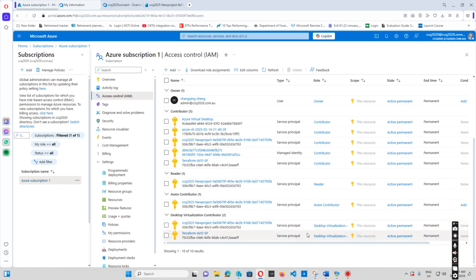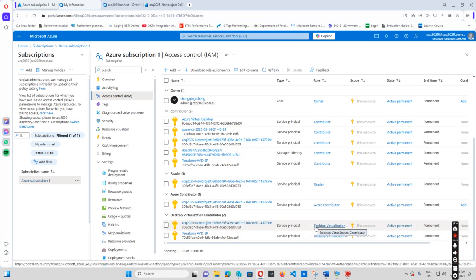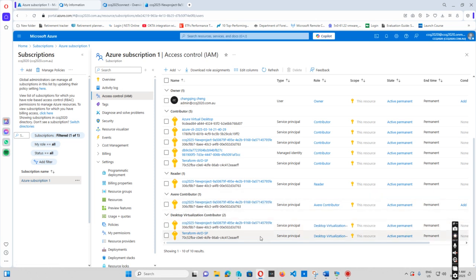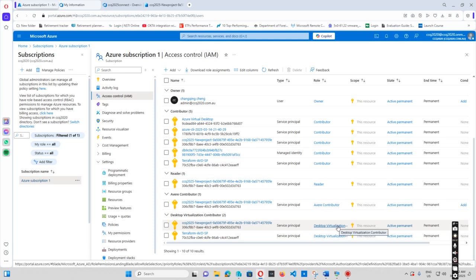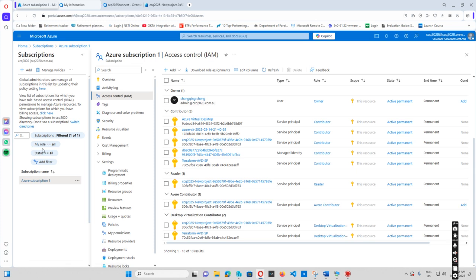And you see this one, because I want to use the AVD, Azure Virtual Desktop, through Terraform. I want to create an Azure Virtual Desktop from DevOps and Terraform to create the virtual machines. So I need to give them permission. So I give them contributor permission, Azure contributor, and desktop virtualization permission. And after this is done, we can go back to